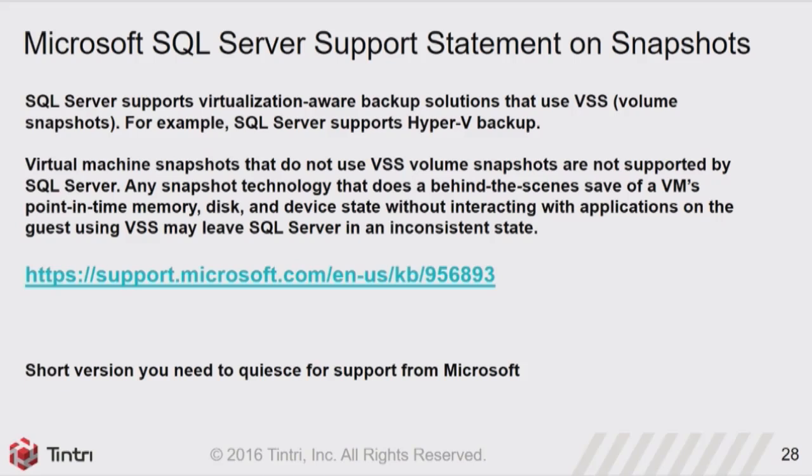So, SQL Server support statement. So everyone knows, what does SQL Server actually say about doing all this? And so their official statement, which is on the KB link there,